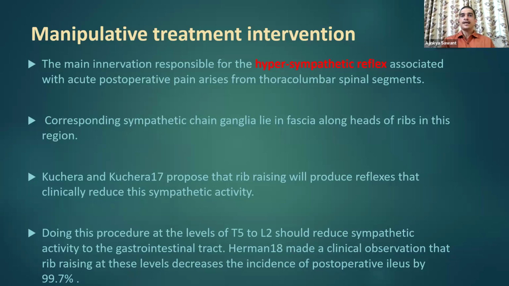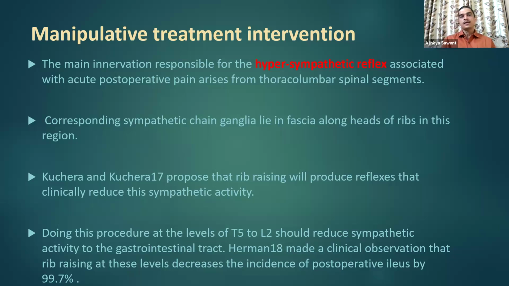Corresponding sympathetic chain ganglia line the fascia along the head of the ribs in this region. Kuchera and Kuchera propose that rebracing will produce reflexes that clinically reduce the sympathetic activity. Doing this procedure at the levels of T5 to L2 should reduce sympathetic activity to the gastrointestinal tract, which reduces the cause of ileus. Herman made a clinical observation that the rebracing at these levels decreased the incidence of post-operative